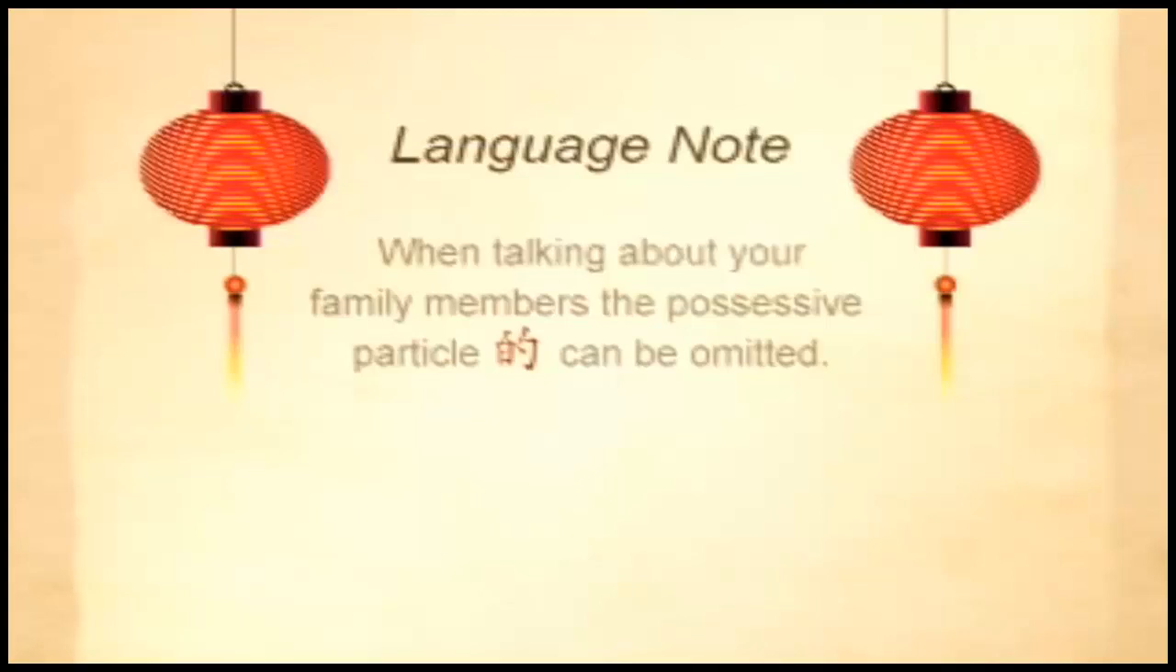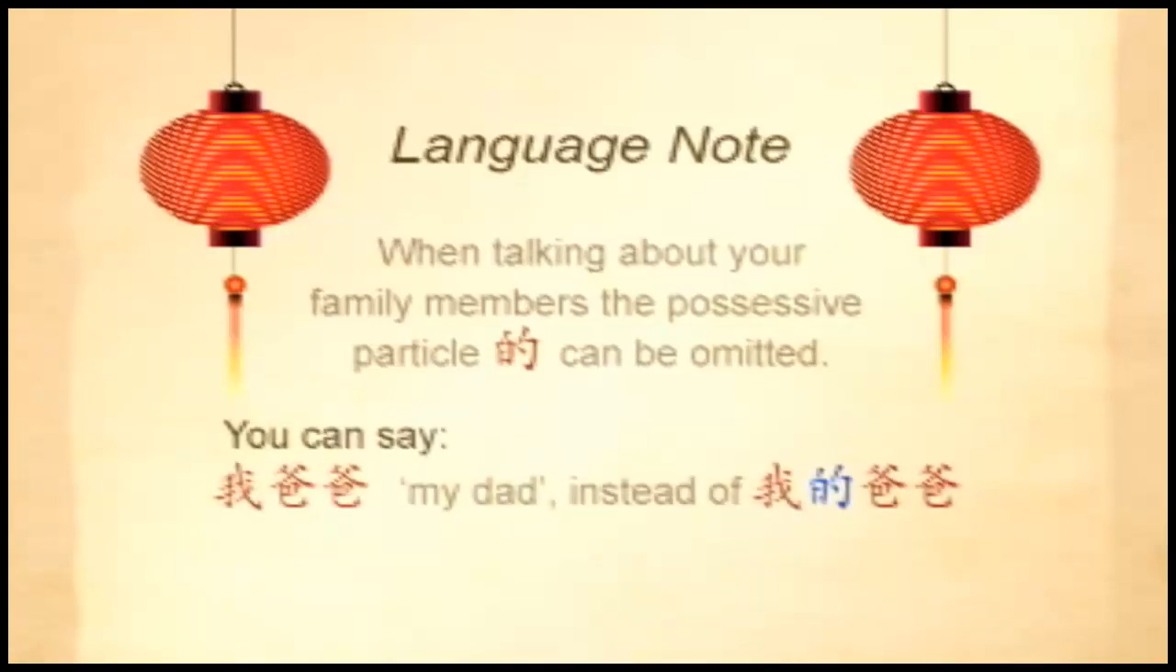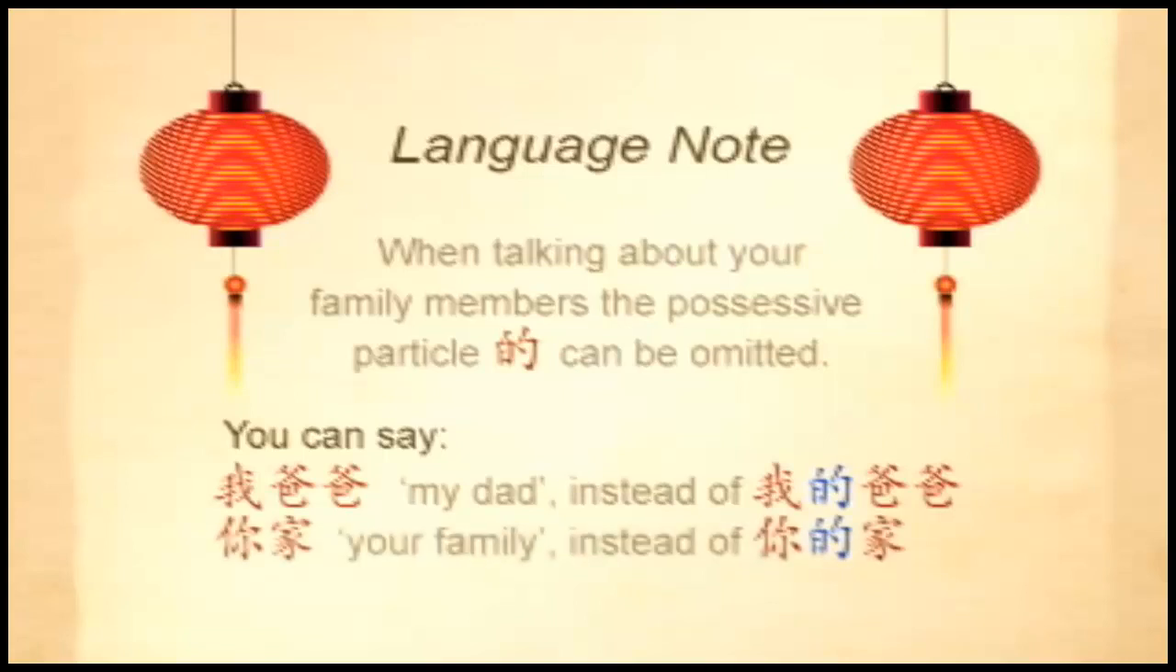Have you noticed that we're not using possessive pronouns like 我的 when talking about our family members? Why not? In Chinese, 的 is usually omitted because it's understood that you are talking about your family members. So, you can say 我爸爸 meaning my dad without saying 我的爸爸. You can also say 你家 your family instead of 你的家。This is why the sentences we've studied related to family members don't have the possessive particle 的。